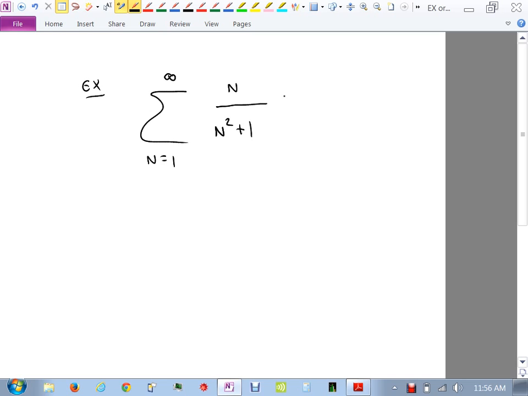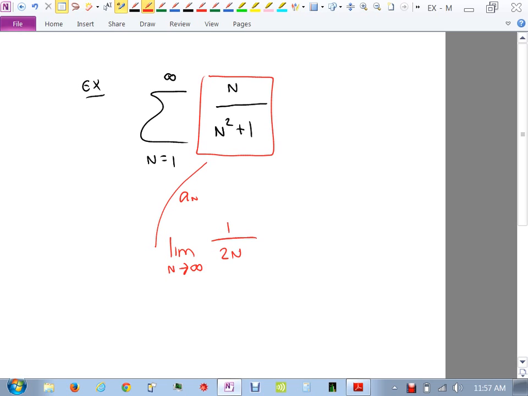It's not harmonic, right? So I try my nth term test. I take what's in here. That's my a sub n. I take the limit as n goes to infinity. Apply L'Hopital one time, and I get 1 over 2n. And that limit goes to 0, which means